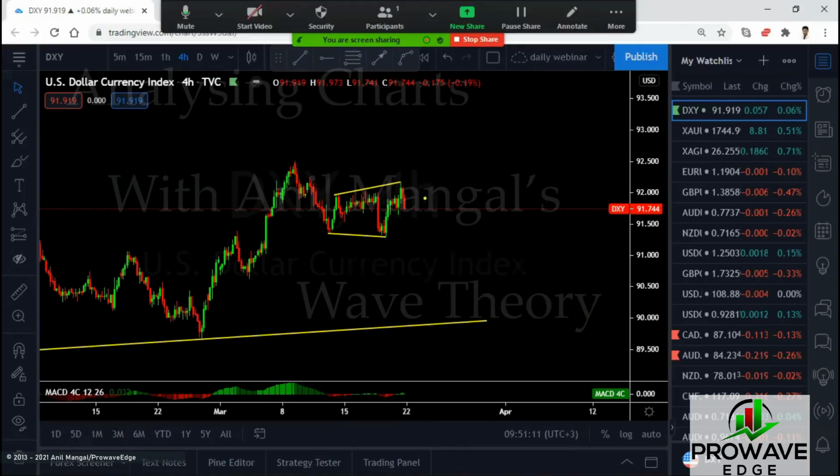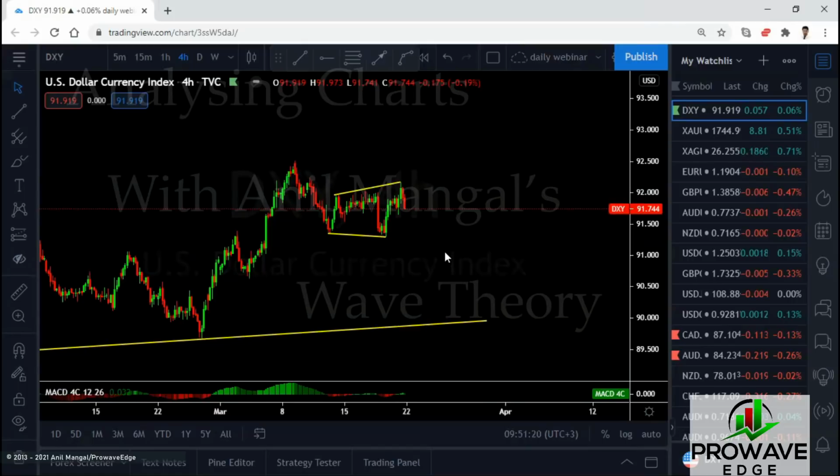What if they don't even do that? What if it stops right here, consolidating here and just takes off? That's a 4th scenario. So what wave analysis teaches you is in every single one of those scenarios, you have a strategy of how you're going to trade it. That's it. You see the edge in the market.